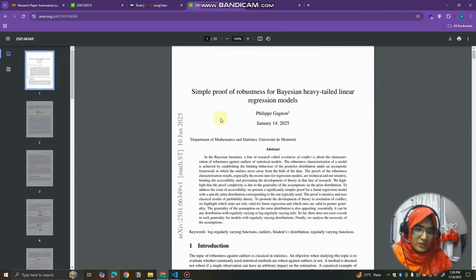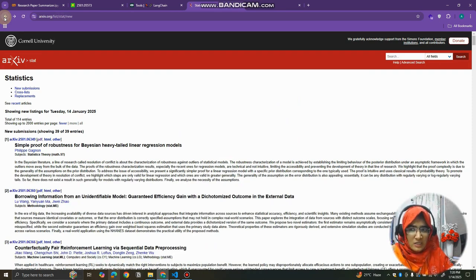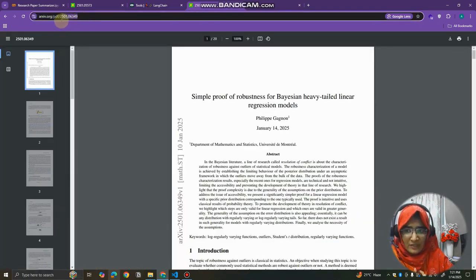So what we are going to do is have a summary of this research paper, so that we can have an application that performs a specific task to summarize the research paper. For that, we are using the arXiv tool from LangChain. arXiv is basically, as I already told you, the platform which provides us research papers. When we provide the research paper number to the application, it will summarize the research paper and give us the answer. So for that we are using the arXiv tool.